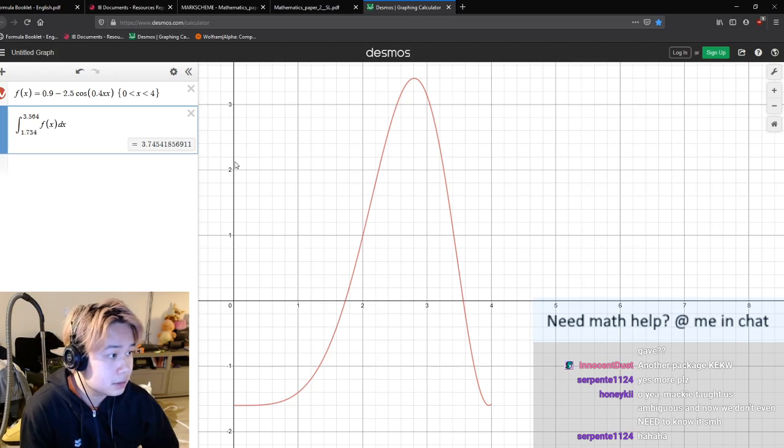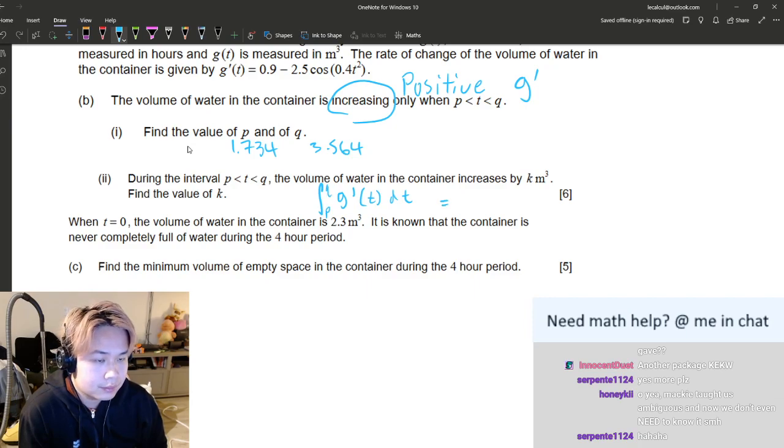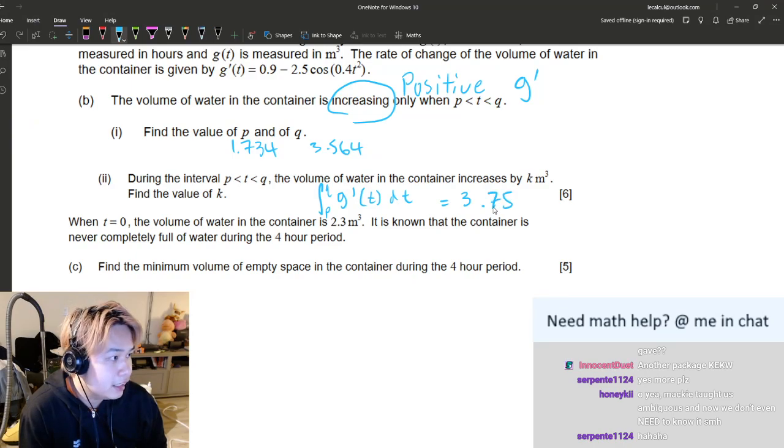Again, all of this is doable on a TI or any graphing calculator, but I just don't want to be clicking buttons around, you know? So 3.75. So again, integral of the function, and this is from P to Q. And I get 3.75